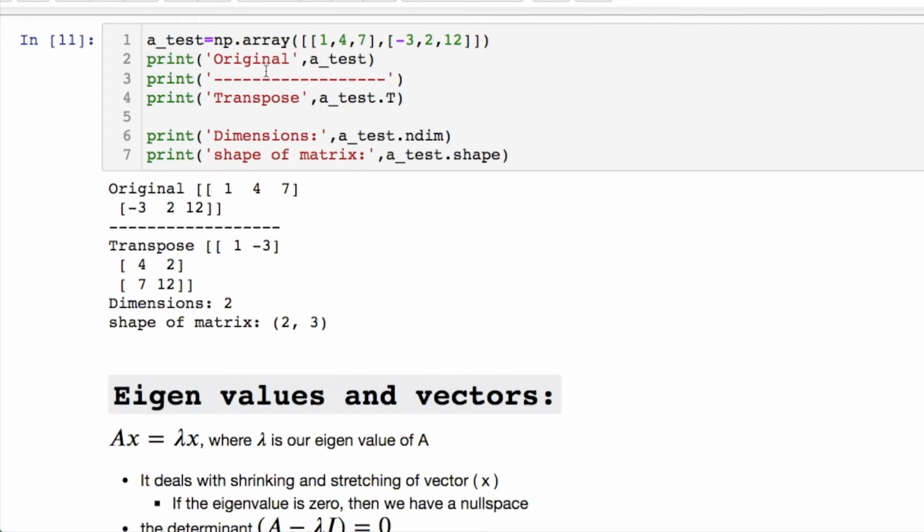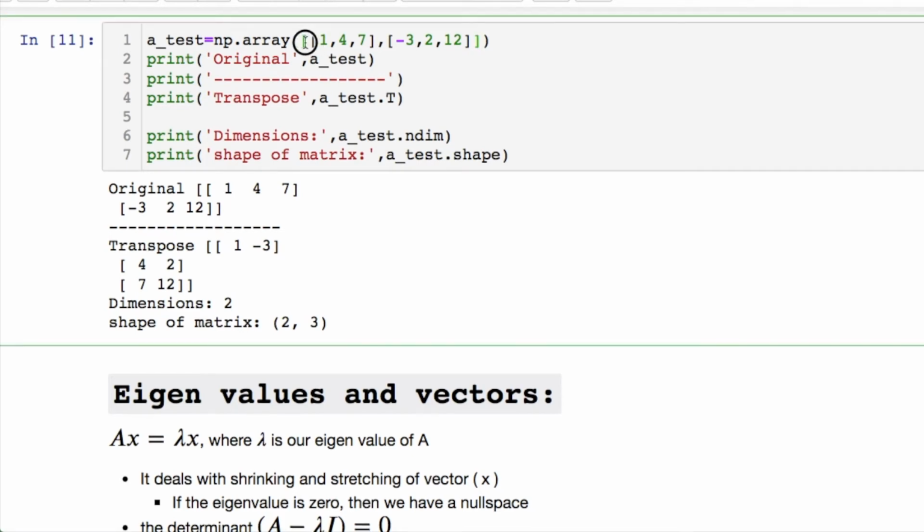When we're using NumPy, it's kind of straightforward. Look at this for a particular example. Pay attention to the extra brackets that I have surrounding this. This is our original matrix that we're working with. We're transposing it. Here's the original. Here's what it looks like transposed. The only thing that you had to do is the dot capital T. To keep track of what's going on, you could always look at the dimensions and take the shape. This is 2 dimensions and it's a 2 by 3 matrix for the original data.